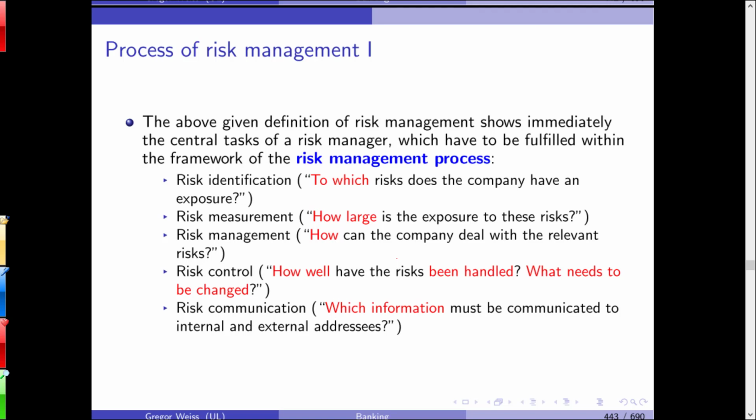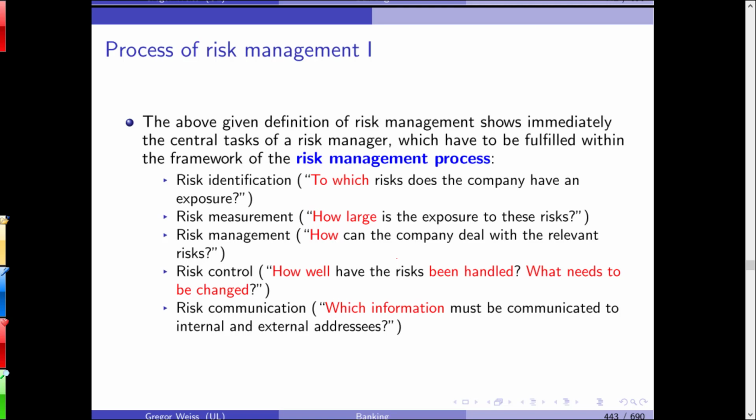So for example, one would think that a fire detector and a water system and a fire extinguisher system might be cheaper than simply saying, oh, let the building burn down, we have fire insurance. Probably the insurance company will also ask you to install fire detectors. But you have two different strategies here. Simply accept the risk and buy insurance, or try to minimize the risk by installing a fire extinguishing system. Both will come at a cost.